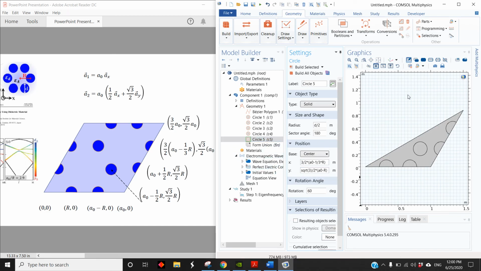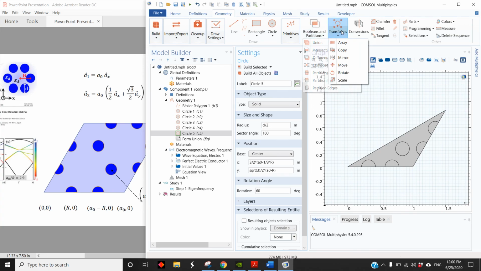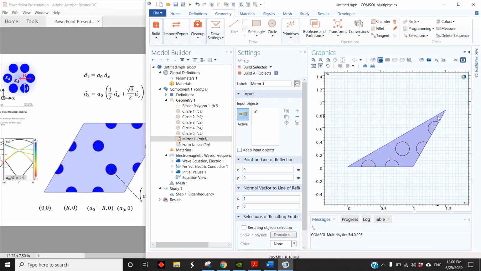Now I have to mirror this triangle, so I go to transformation mirror, I select all of these inclusions and point on line of the reflection, which is this point here, and this is square root 3 a naught divided by 2